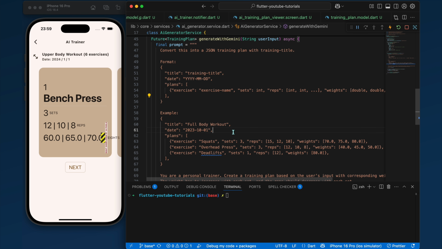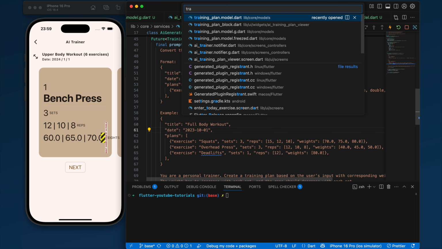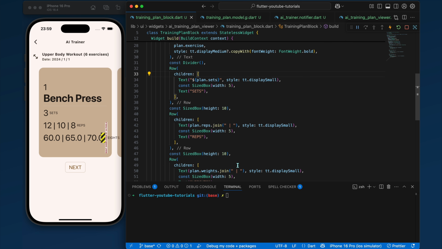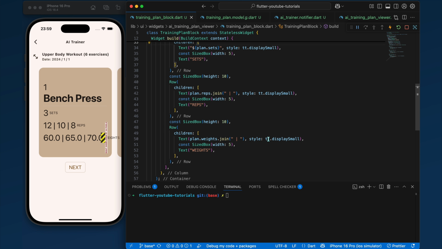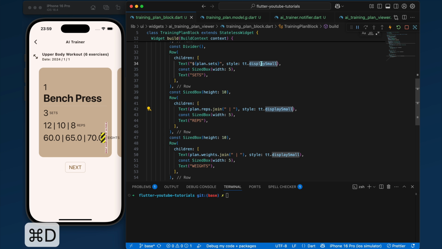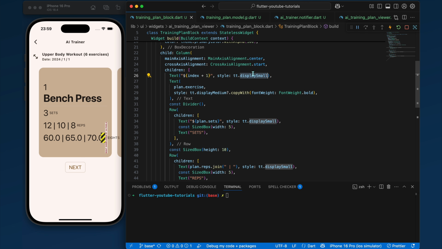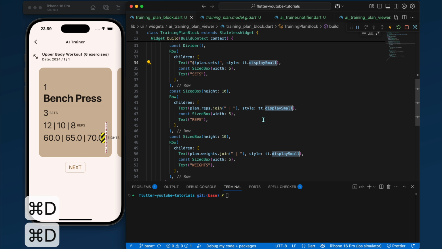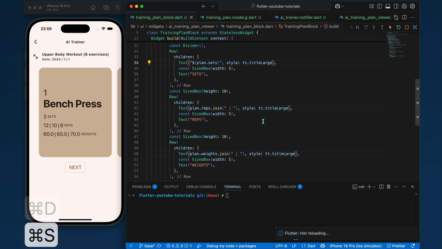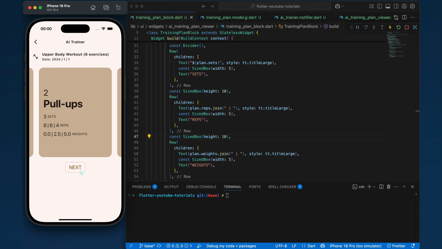It's broken here, but let me just make the training plan block slightly smaller. It's using display small. Let's just use title large. Yeah, title large is good enough. So we have got the bench press. It's the upper body workout. It provided us with 6 exercises, and as you can see, if we do next, it also gave us